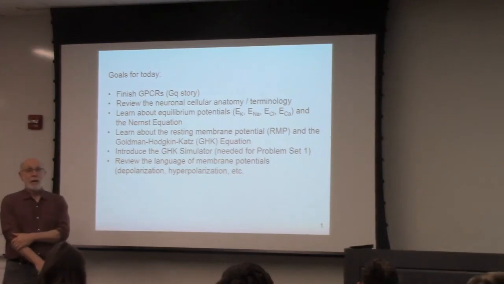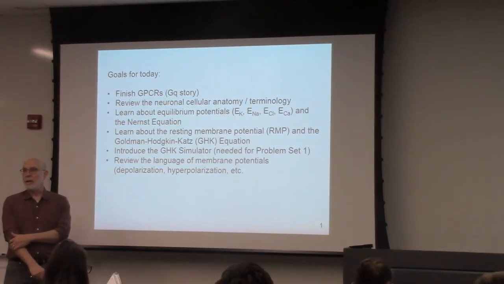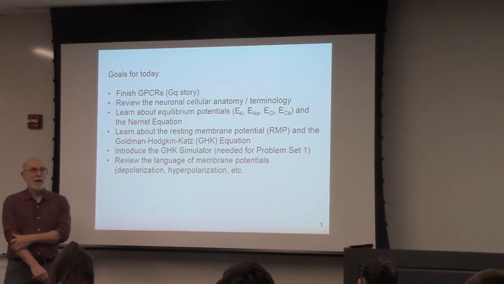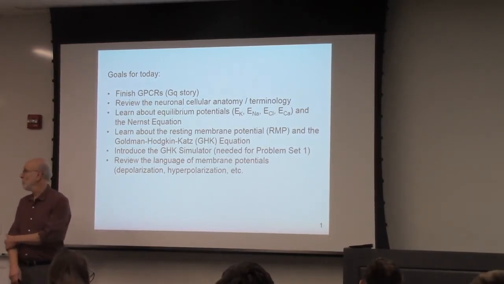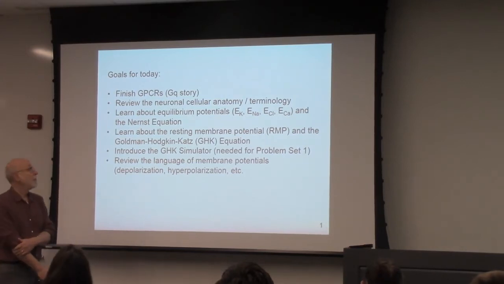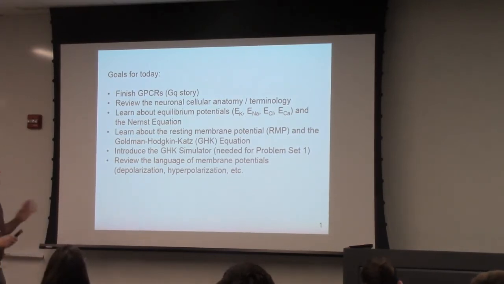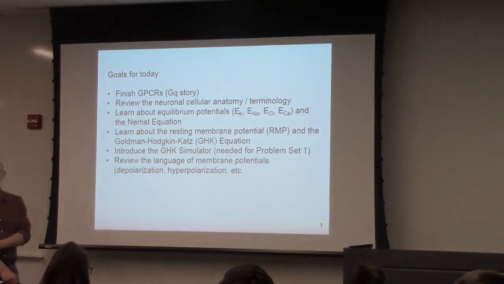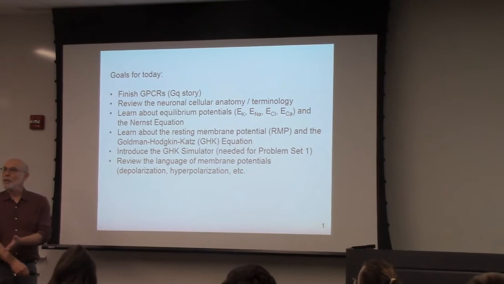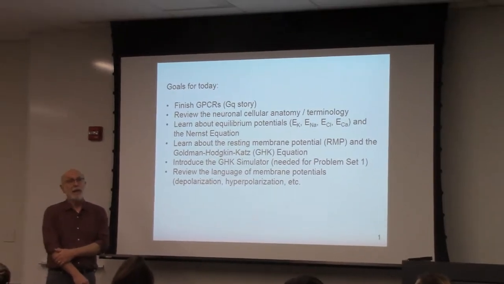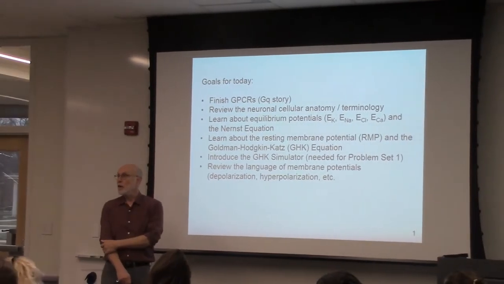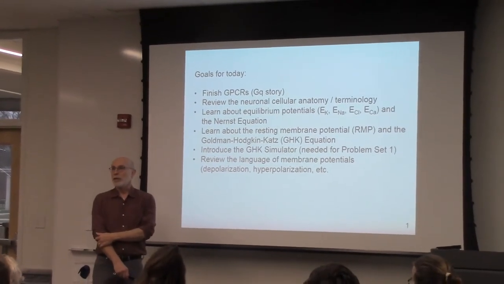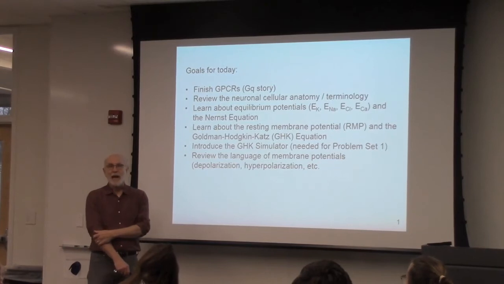So today we're going to pick up pretty much right where we left off on Tuesday, when we were talking about G protein coupled receptors, GPCRs. And we'll do some calcium work, and then we'll turn into neurophysiology. Some of this will be reviewed from cell phys, but today we're going to get into new material because we're going to actually talk about some equations that are important for membrane potentials, the Nernst equation and the Goldman-Hodgkin-Katz equation